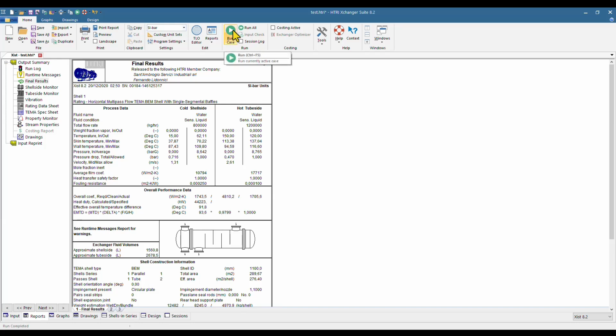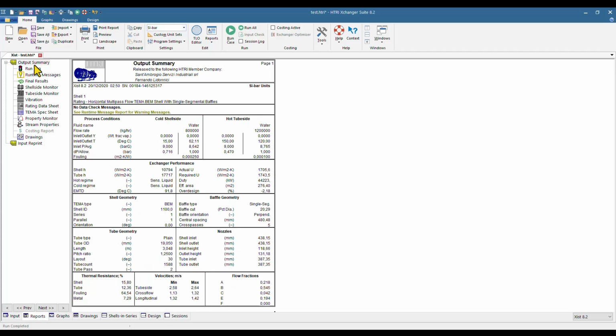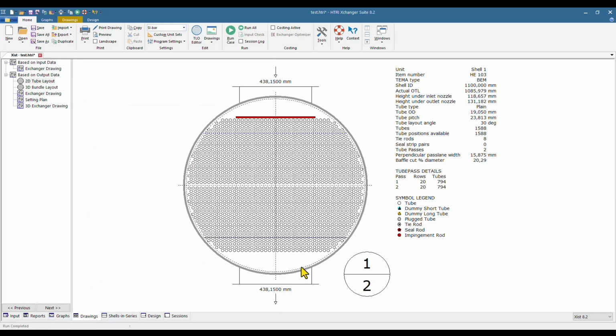If we run again the case, well, we go to the output summary. The output summary now, the over design is slightly reduced, -2%. What is the reason? The reason is probably the number of tubes, and we check drawings, tube sheet layout,